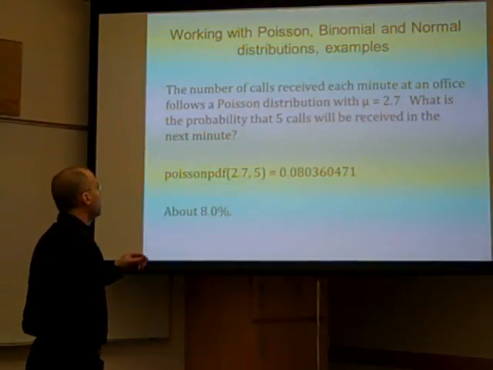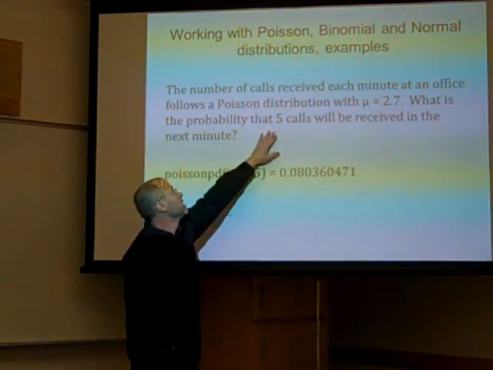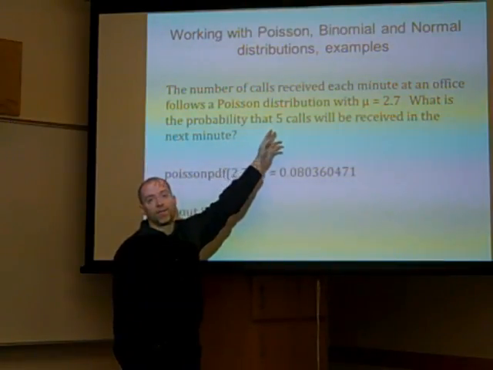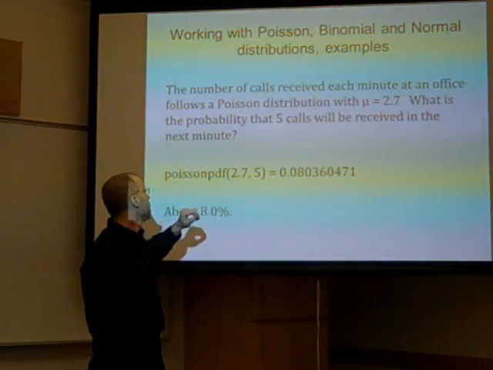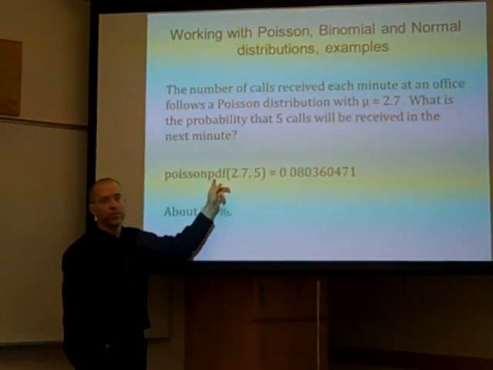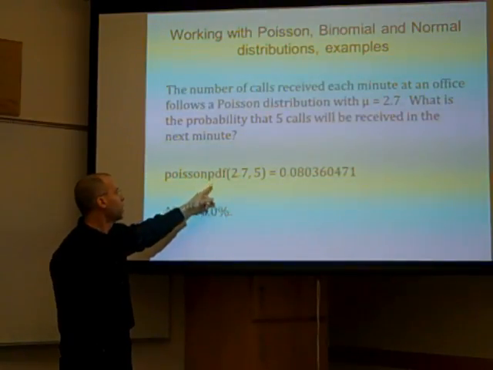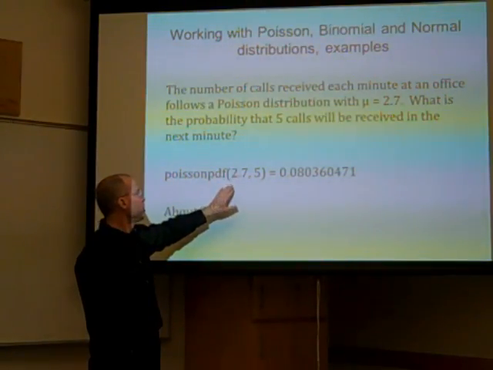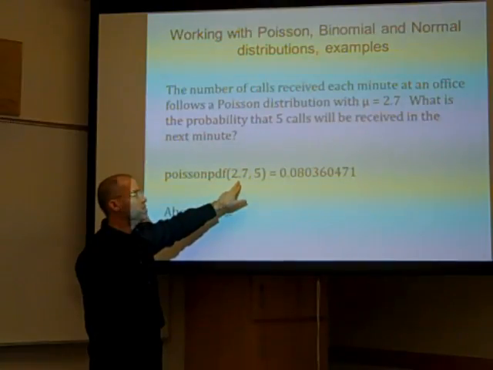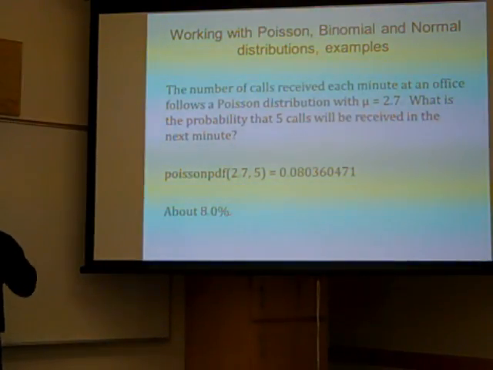Okay? And then the question here is essentially what's the probability that the value in this next minute is going to be 5 calls. Okay? The calculator handles this really well. You just say Poisson PDF. PDF stands for probability distribution function. What's the probability in this Poisson distribution? You have to specify what the mean of the distribution is. So the syntax here is